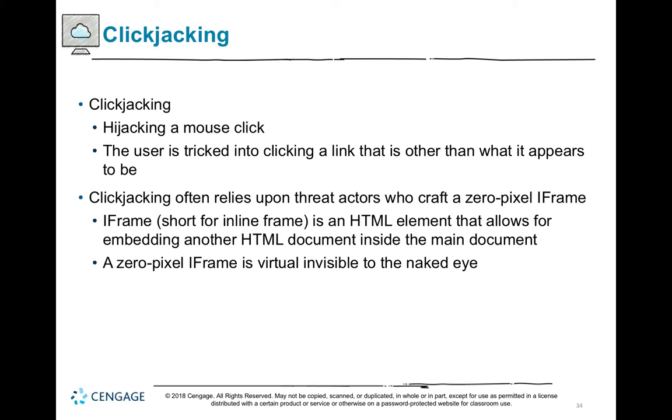Clickjacking. So, hijacking a mouse click. The user is tricked into clicking a link that is other than what it appears to be. This is done when an attacker uses multiple transparent layers on a web page to trick a user into clicking on a button or a link on another page. So if they're displaying content and they want you to click on something on that page, they can